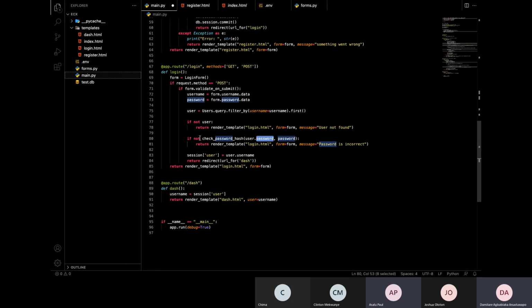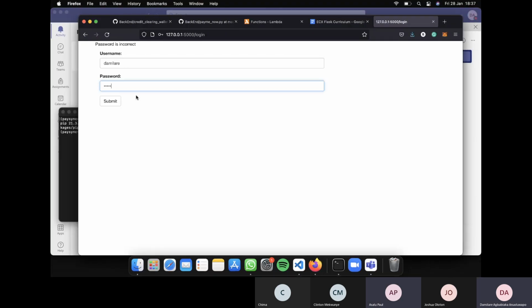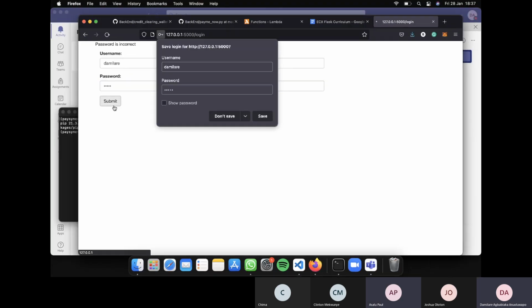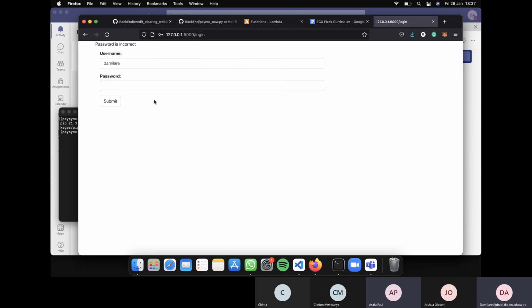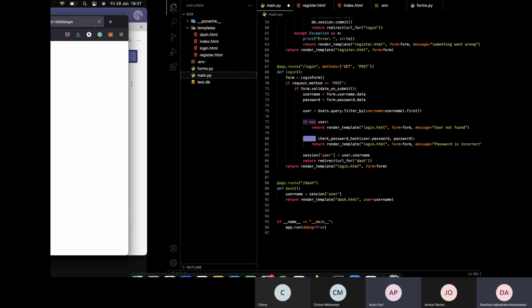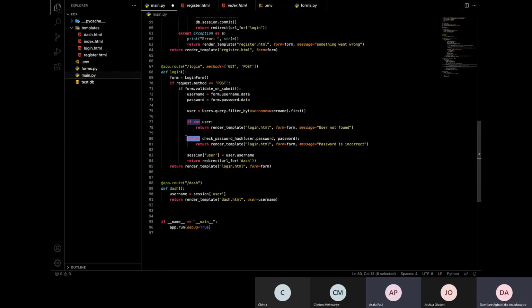So once it sees that it returns false, what it does is render this template with this form and say password is incorrect. Simple. So I'm putting in an incorrect password again, and it will give us password is incorrect. So now if I put in the actual password 12345, what it does is, once, and I'm